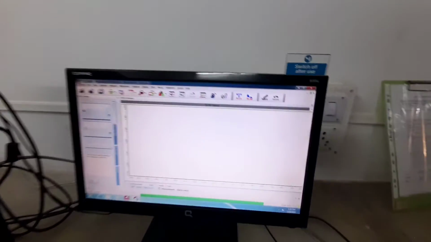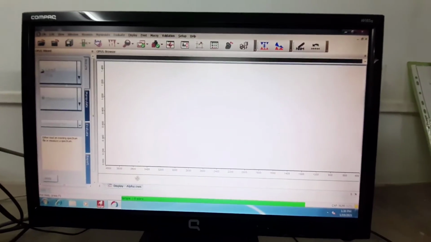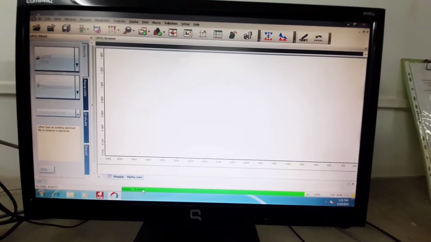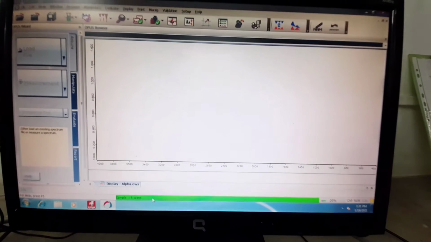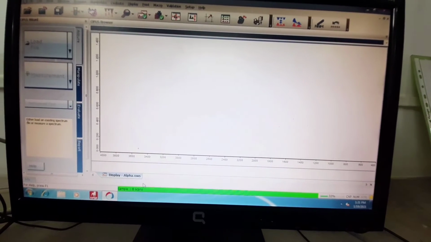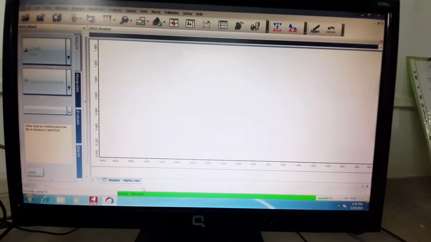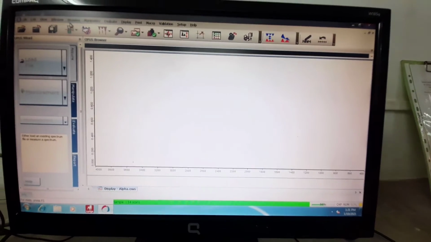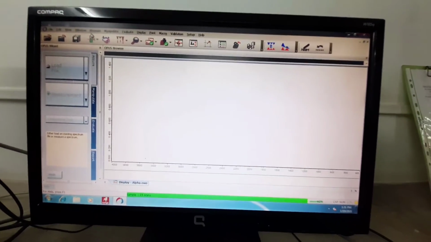Now after touching, we have to see in the computer, that is on the screen, that we are going for the start measurement, and then after 24 scanning we will get the result of the spectrum. That is, we will get the spectrum directly. Before doing this, we have to go for measurement, and then we have to go for setting up.